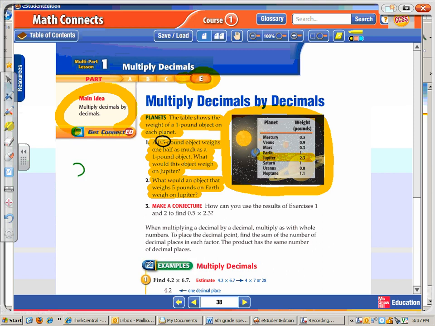So we have 2 and 3/10 on Jupiter, and we're going to multiply that by 5. Okay, 5 times 3/10, 15/10. 5 times 2 is 10, and then we're going to add that other whole, and now we have 11. We have 1 place value in the decimal place, so we're going to have 1 here. So we're going to have 11